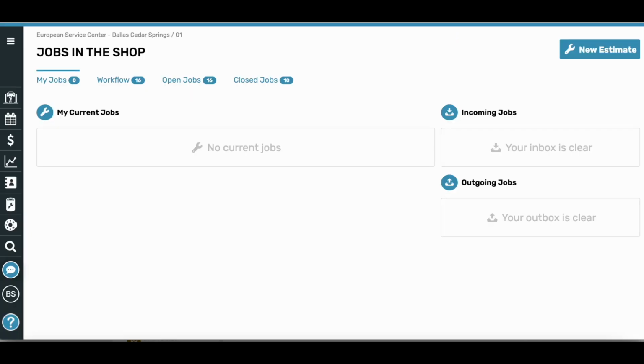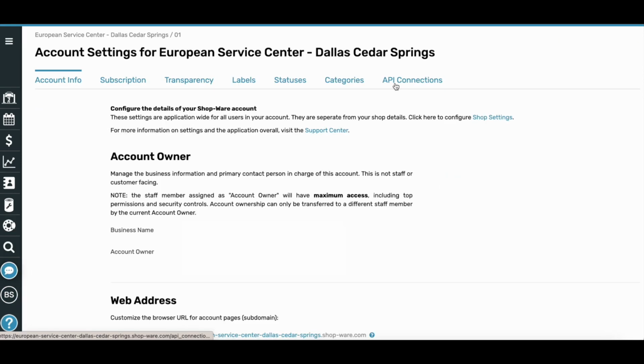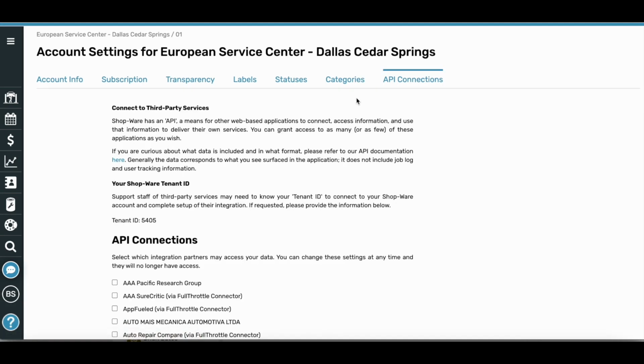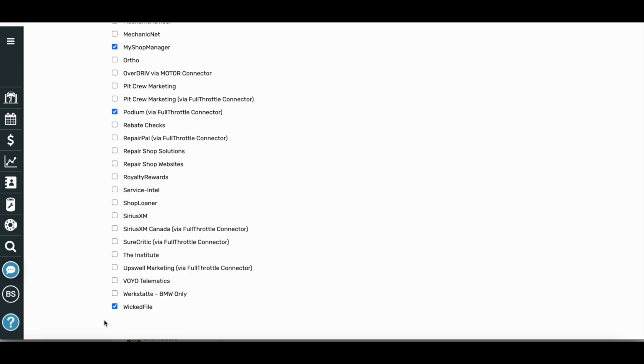Now I have to come over to Techmetric, and I'm going to have to do two quick things. Number one, I'm going to click on my account settings right here, and I'm going to come over to my API connections up here at the top. Once I do that, I'm going to scroll down to the bottom. I see here's Wikidfile. It's already checked off, but if this is not checked, go ahead and check that off